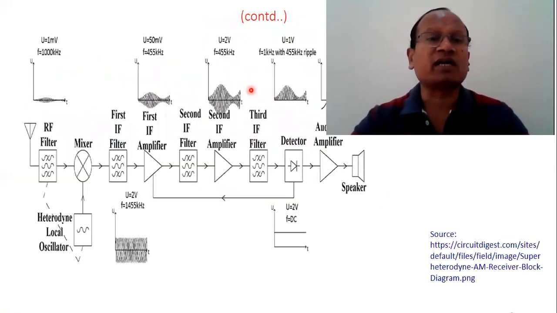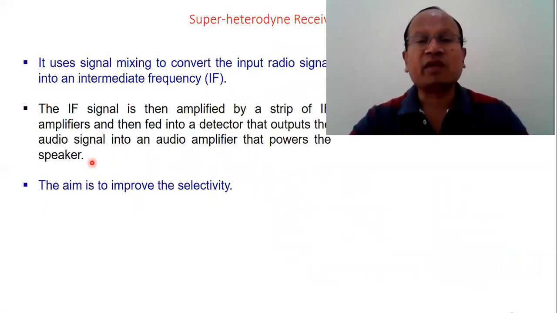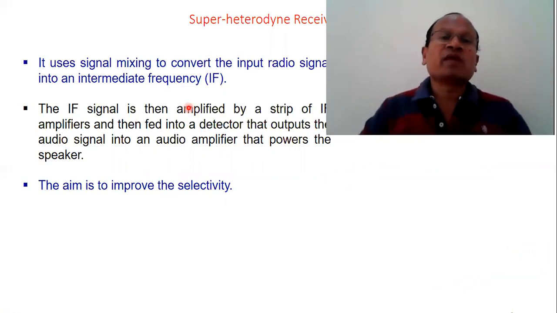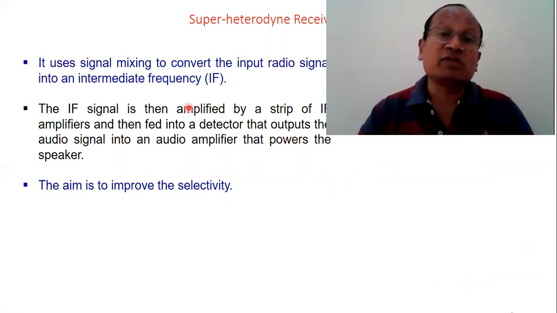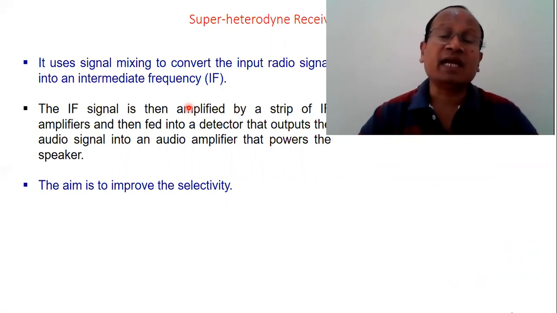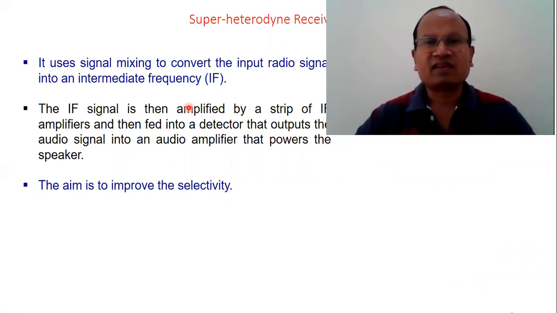When we go to the block diagram, you will see here the mixer is used, and we get the IF signal, which we then pass through the IF amplifier. The signal which is generated is the intermediate frequency signal. Now, as its name suggests, intermediate frequency, this is not the final frequency. So it's an intermediate frequency, and the intermediate frequency is generated.